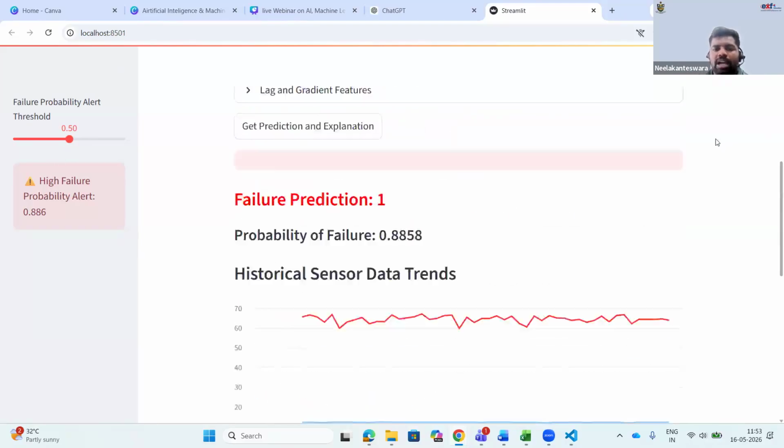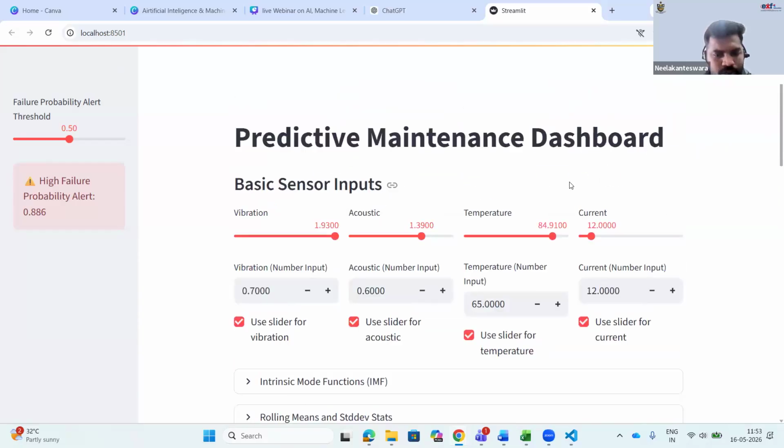Okay, and by using Kafka, we can direct the live data without any manual instructions. In Kafka, we can take the live data from the sensors every 5 minutes or every 10 minutes, based on our needs, and automatically it takes the decisions. And if there is any chance for failure at that time, we can raise an alert message like that. We can add these features also. Okay, this is about the simple predictive maintenance dashboard.